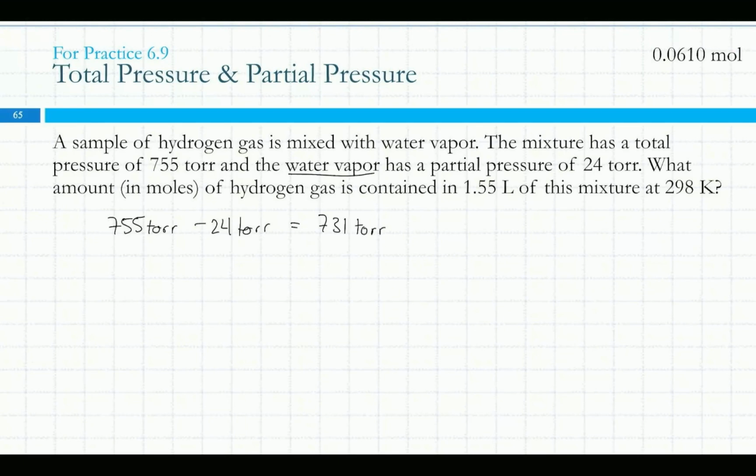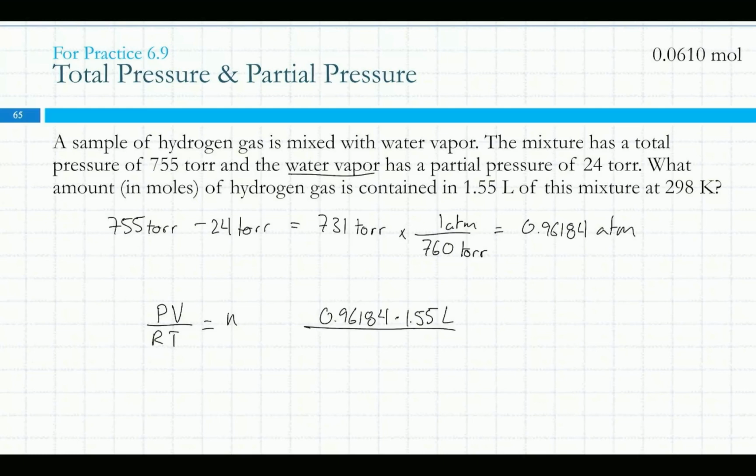But if we're going to use PV equals nRT, I convert it into atmospheres. So it's 0.96184, and it goes on and on. 0.96184 times 1.55 liters, divided by 0.08206 times 298, is 0.0609610